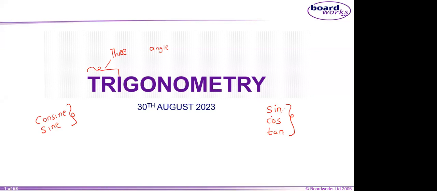Whenever they talk about these three important things, what has to come to your mind is, how are they related? The sine, the cos, and the tan are related using a simple acronym,